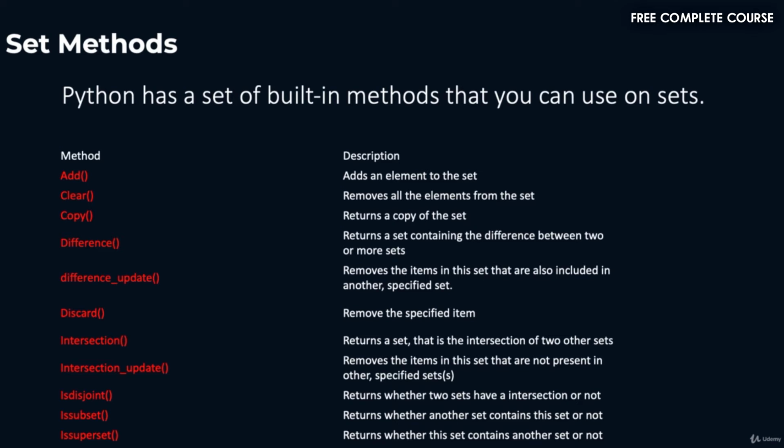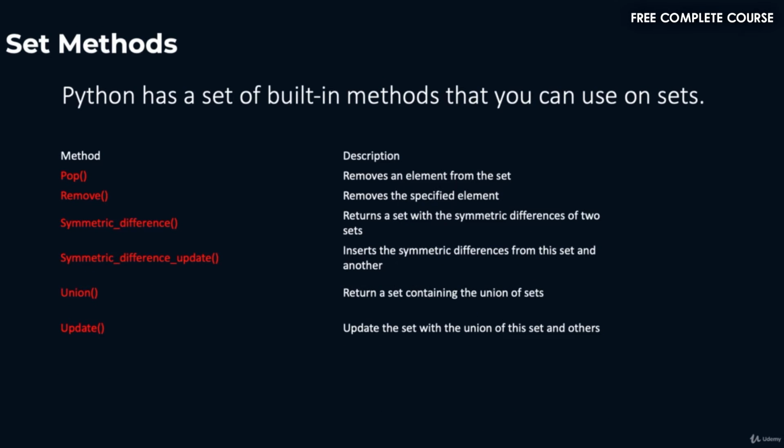IsDisjoint returns whether two sets have an intersection or not. IsSubset returns whether another set contains the set or not, and IsSuperset returns whether this set contains another set or not. So if I look at the other methods that they have, we have the pop method, which removes an element